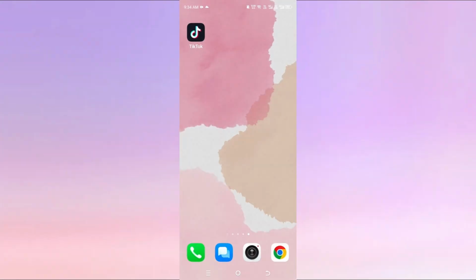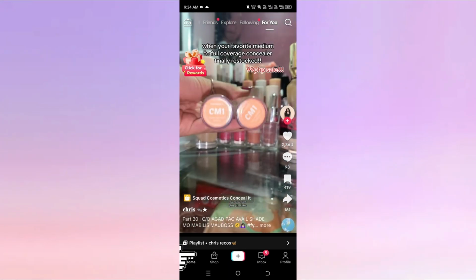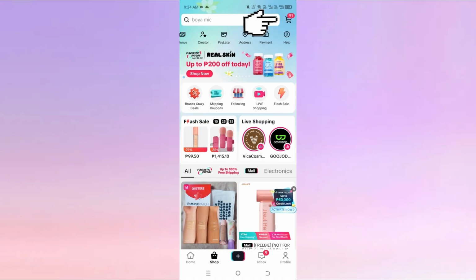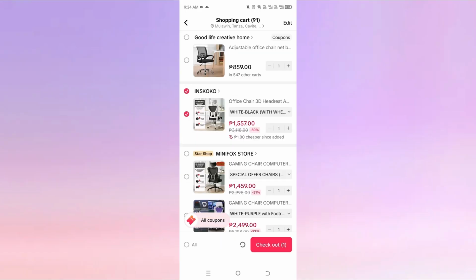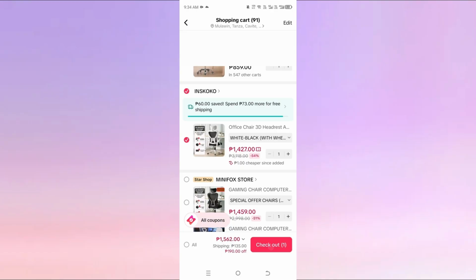So for today's video, I'm going to teach you how you can easily add a payment method on TikTok. Over to the TikTok app, just go to shop, just head over to cart, and from here, just select the item that you want to check out by ticking the circle, then click on checkout,